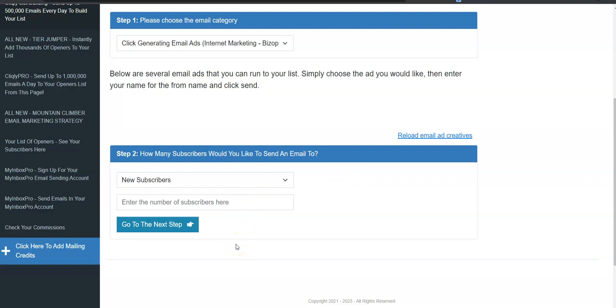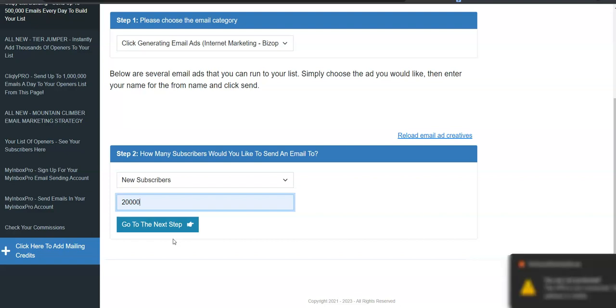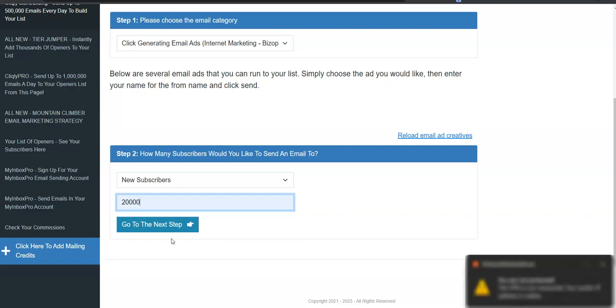I'm getting paid from people just opening up emails and clicking about the content of that email, and it gets me money. I mean, what other way can you make money online for about 15 minutes a day, just sending out pre-written emails to a list of people all across the world who actually want this information? And when you share information with them, you get paid. Even if they don't buy a single thing, you don't have to know them. You don't have to convince them to do anything. You don't need their email address. This system is pretty much almost done for you. I mean, you can't go wrong with this system.